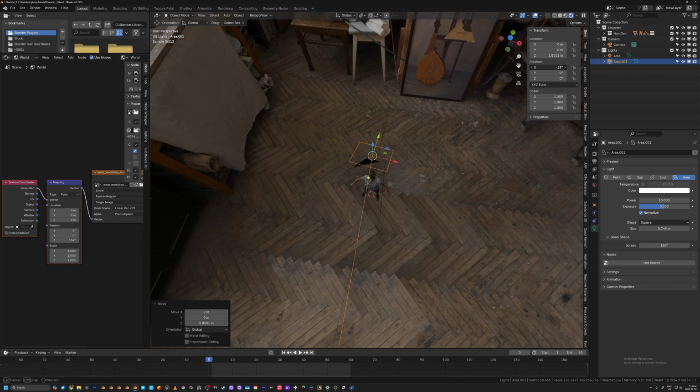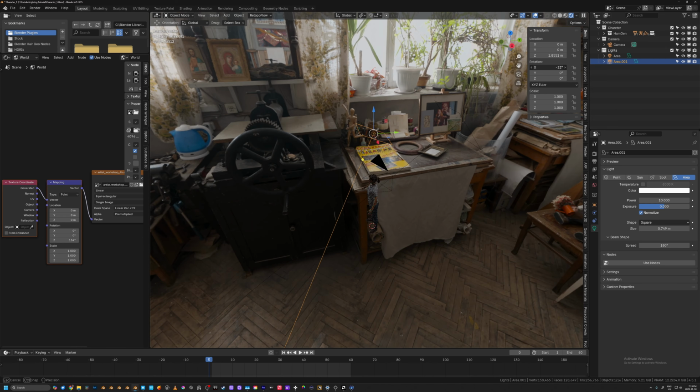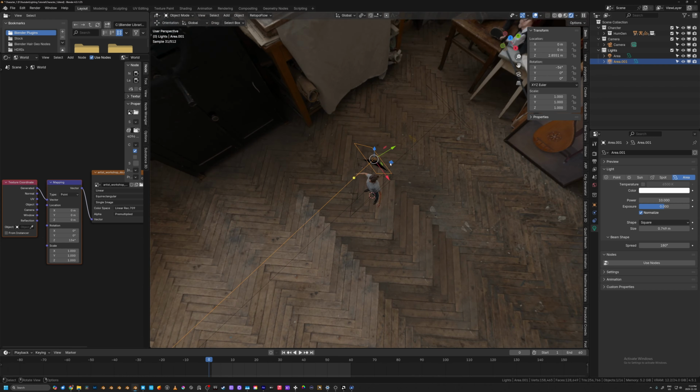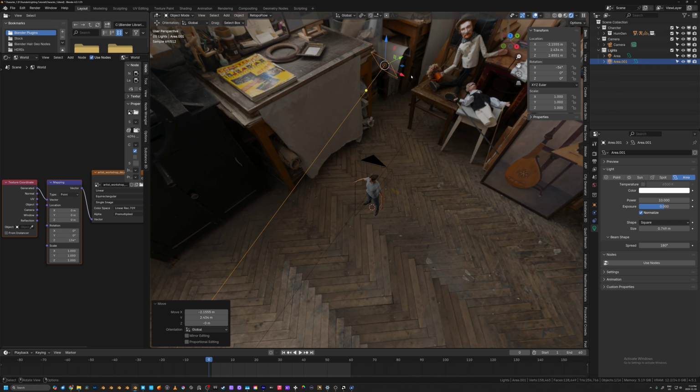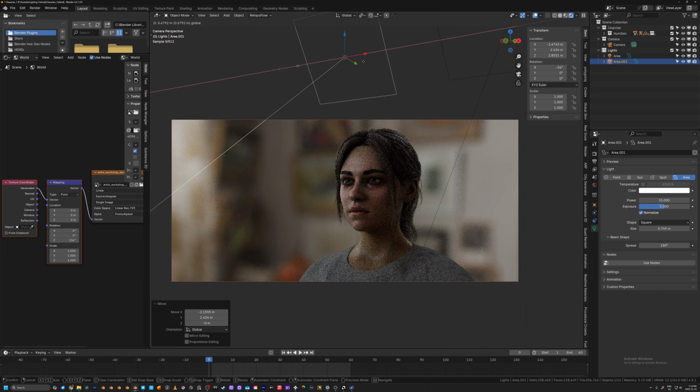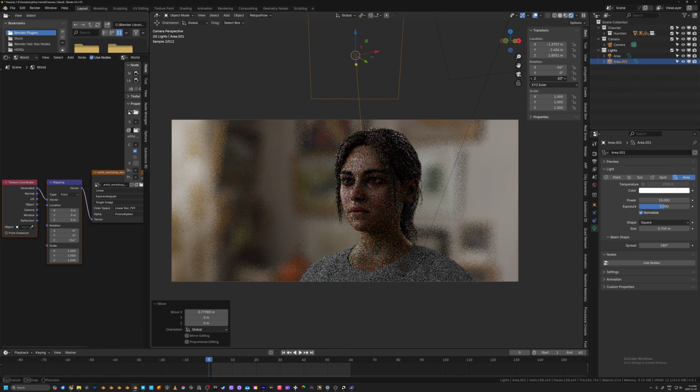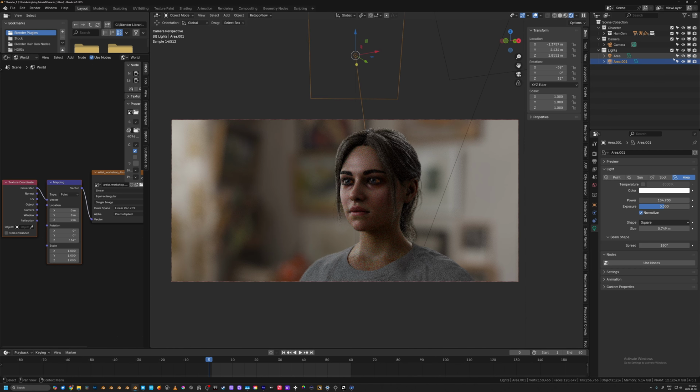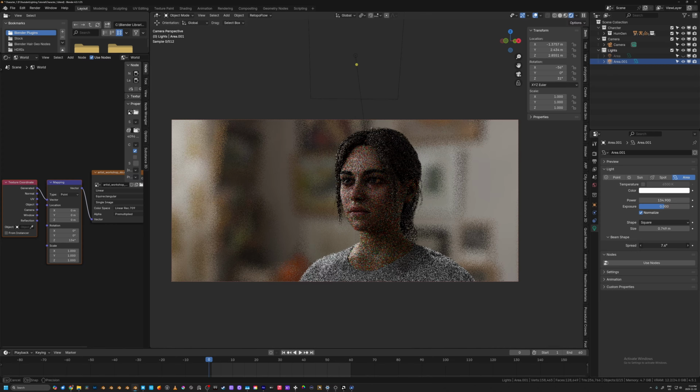I'm just going to go ahead and swing this out on the X rotation, and then I'm going to bring it a little bit more directionally where the camera is facing, and then swing the light in like this so that it's facing our character. And if we bring that strength up, I'm going to turn off that overhead light. I'm going to bring the spread down as well. And as you can see here, it's pretty much only affecting